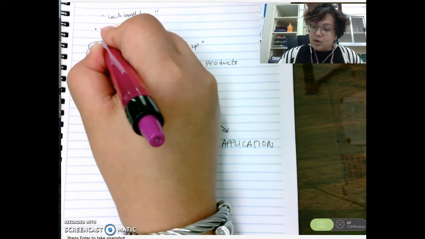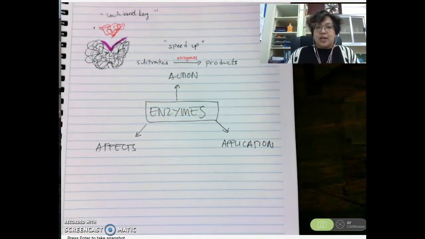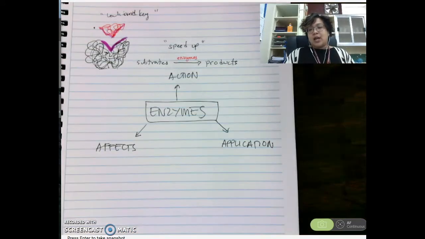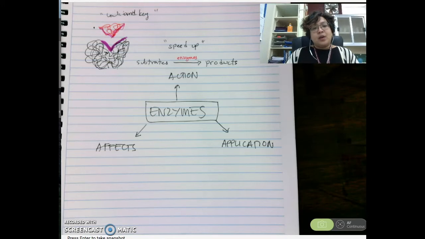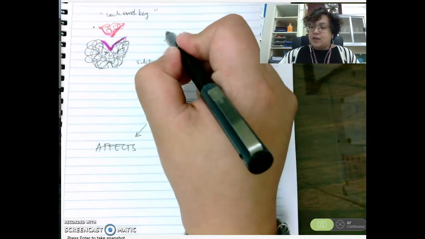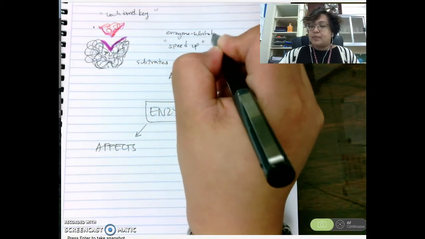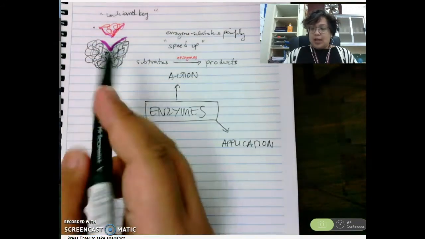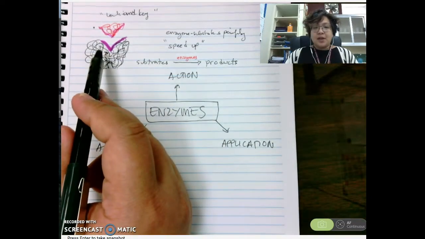Now, what do you notice with the shape of the active site of your enzyme and the shape of your substrate? It seems like a puzzle piece that you can actually connect here to the active site of your enzyme. This is where we get the idea of enzyme substrate specificity. It means your enzymes will have a specific configuration or shape that can fit